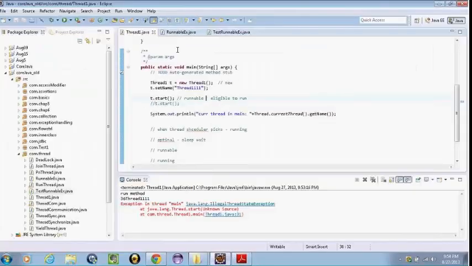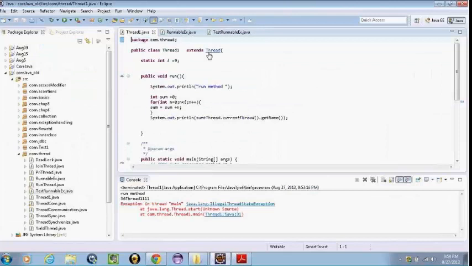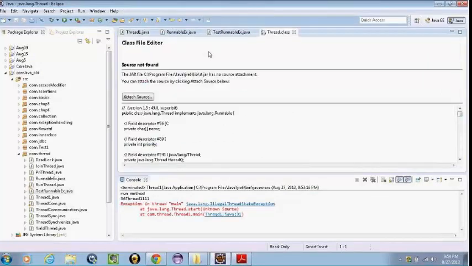So, for example, let's say I have the account creation, I want to do it in a separate thread. If I extend the thread class, if I have a base class account, I cannot say my savings account can extend it and have thread behavior also. That cannot be done because I cannot extend two different classes in Java. So in that case, we go with the implementation of the runnable interface so that we have the ability to extend another class.